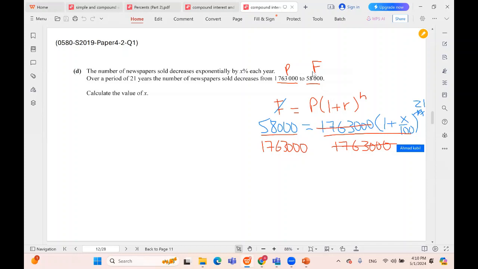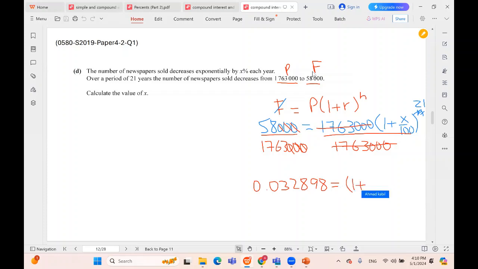And we can cancel the zeros together to make life simpler. So 58 divided by 1763 is 0.03289, let's just write a long decimal here, equals 1 plus X